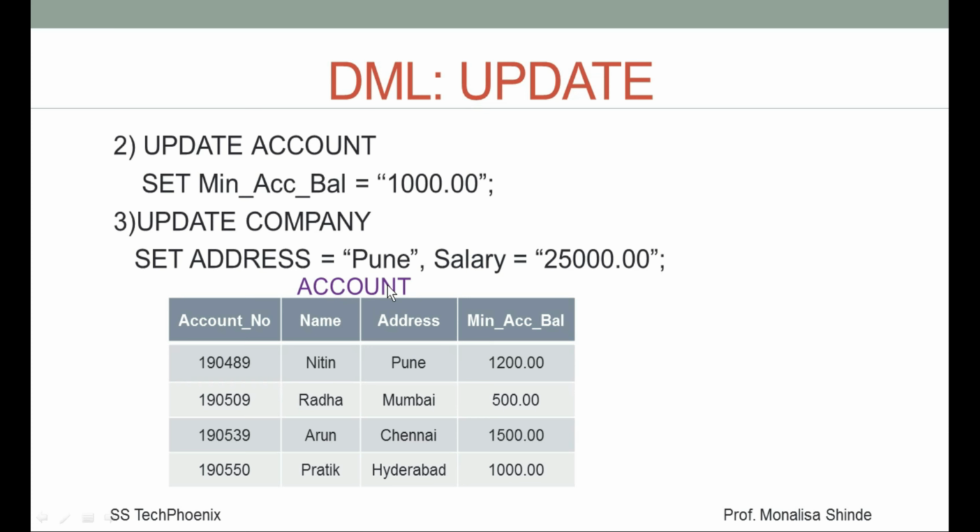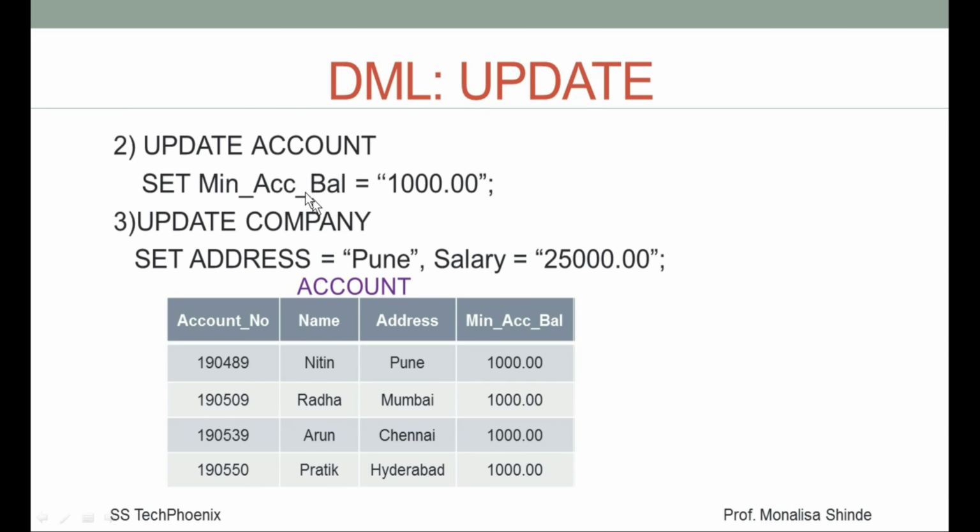This is a bank database and the table is account, with account number, name, address and minimum account balance as the fields in that table. So the bank wants to set a minimum account balance of 1000. Previously this was different for all the users, or we can update the records of all users in a single query. There is no where condition, means this is true for all the records and it will directly update the records of all users in the system. See, this will be the result of the query. We have set 1000 minimum account balance for all the users in the table account.